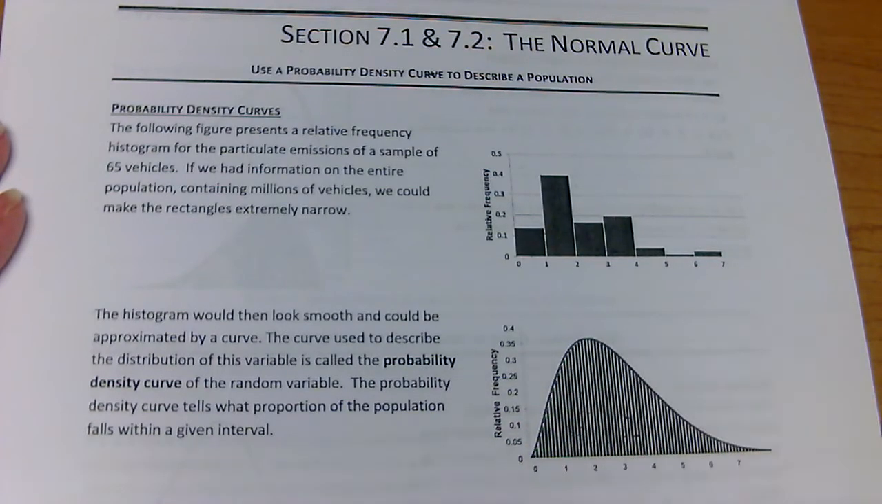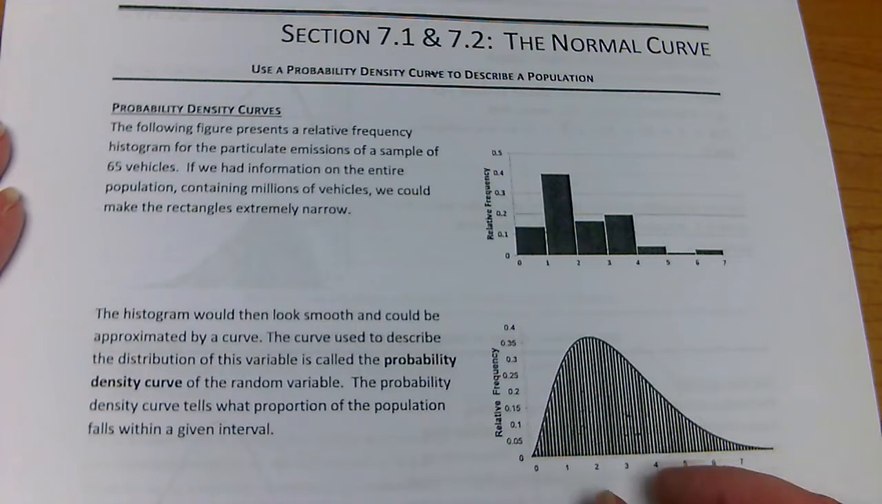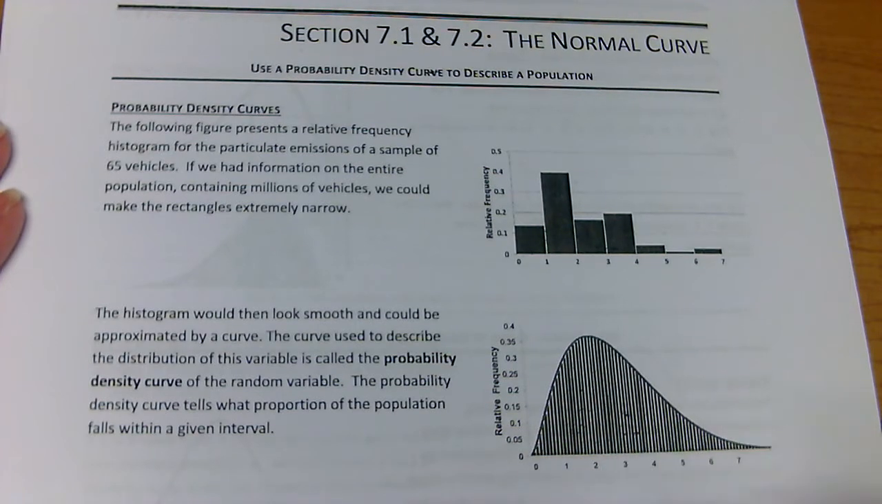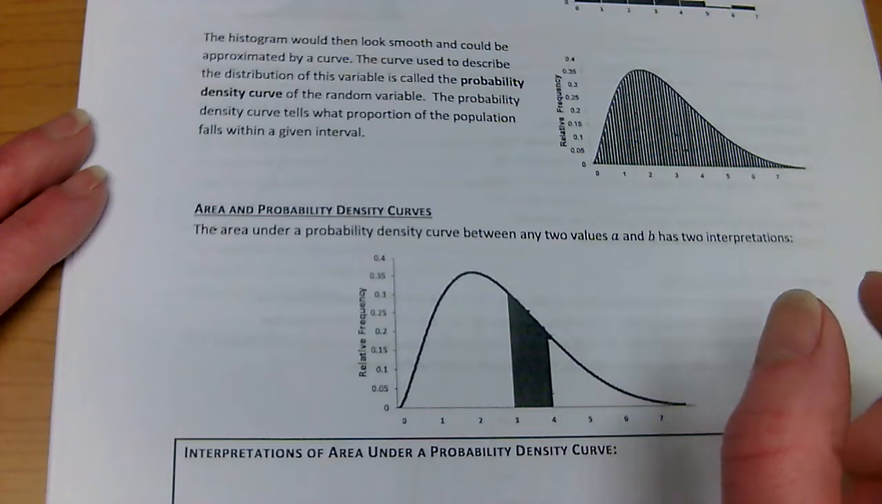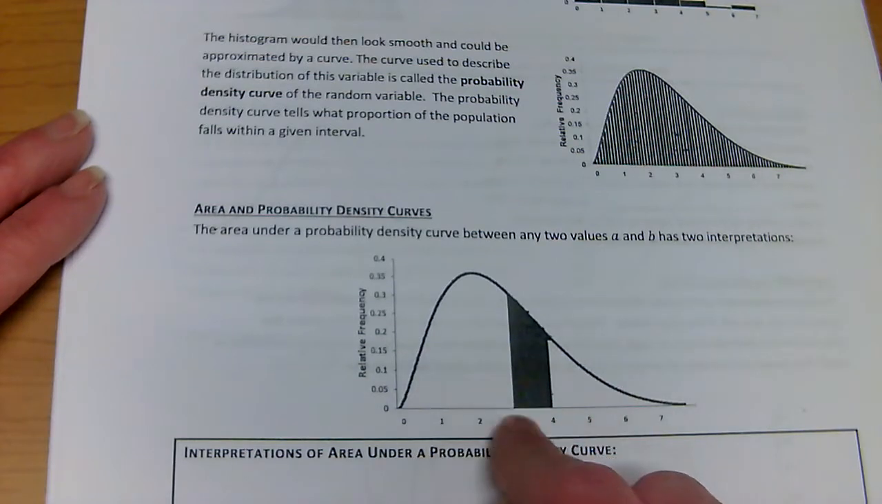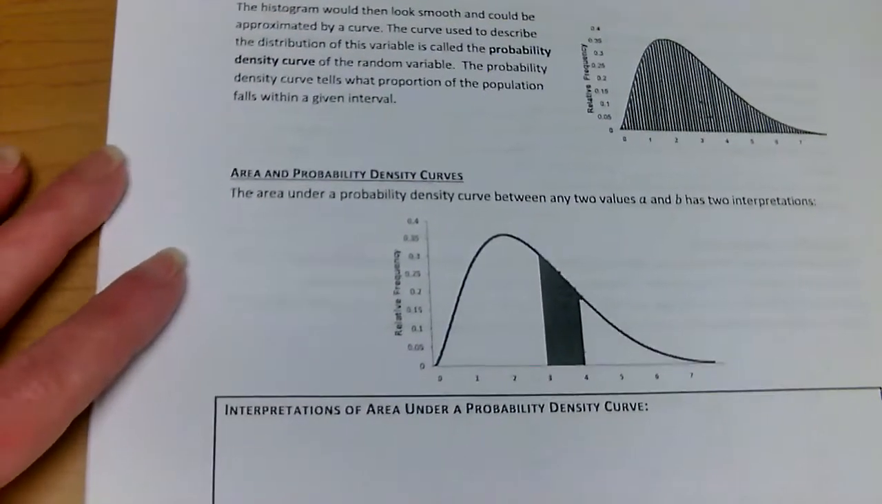It's a very dense curve. And this will tell us what proportion of the population falls within a given interval. So like between 2 and 3 or between 3 and 4. And we talk about this density as the area between two values, like from 2 to 3. And there's two ways to really think of it. We can think of it as